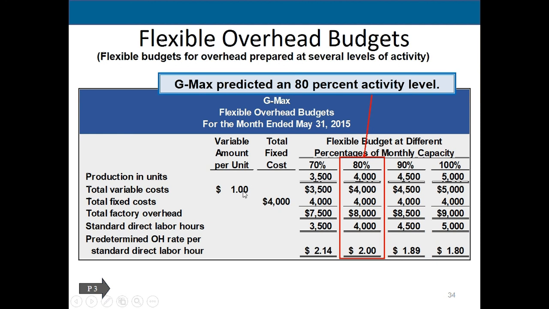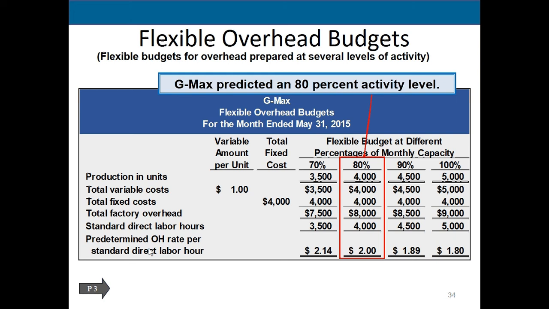The variable cost of overhead per unit is $1. That gives us 4,000. And then we have 4,000 in fixed costs no matter what to give us total factory overhead. And then at 4,000 units, remember it was $1 per hour or 1 hour per unit. It's 4,000 direct labor hours. Well, if I just do the multiplication at this sweet spot, I get $2 as our predetermined overhead rate per